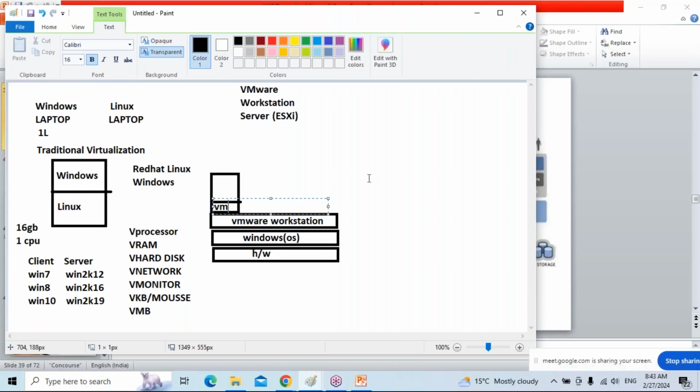Virtual machine. Why is it called a virtual machine? Everything is virtual hardware. I can't create virtual hardware without physical hardware. Without a network card physically in a laptop, I can't create a virtual network card. Without a keyboard physically in a laptop, I can't create a virtual keyboard. So whenever we say virtual, there must be a physical one available in your laptop. So here, I'm going to install the Windows operating system.